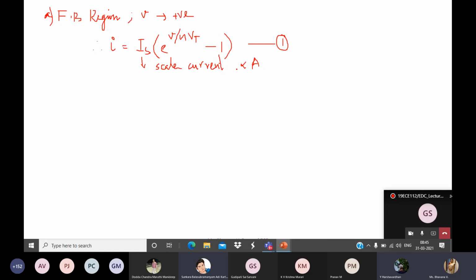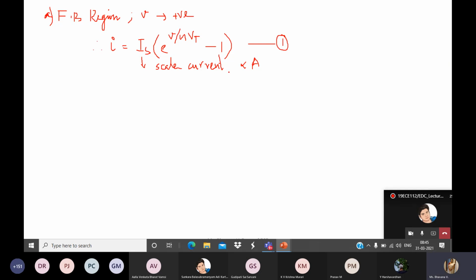Because Ma'am, VT, Directly ma'am. proportional to area. repeat. What are the terms VT also, ma'am? N and VT. Wait, Kartikeya. You please wait. I told yesterday, right? If the teacher is teaching A, B, C, D till Z, first listen to the class. Then you ask the doubts. I just started only, right? Yes or no? Yes, ma'am. Then the class. So, why Is is called as a scale current?